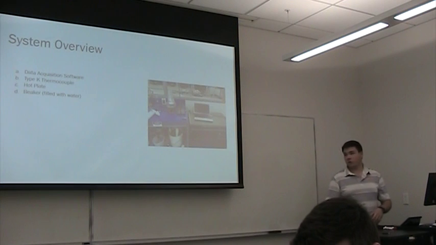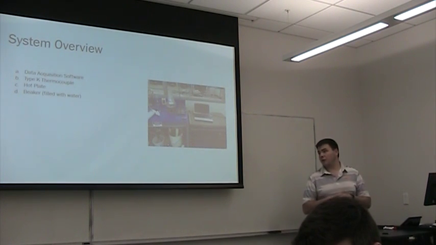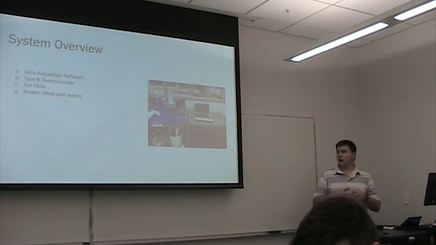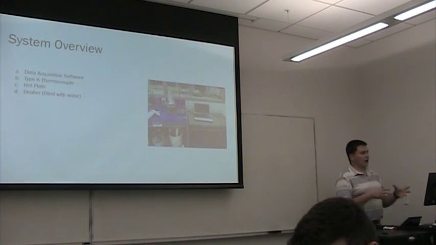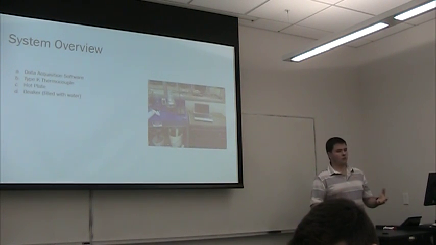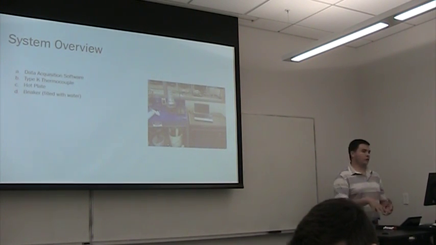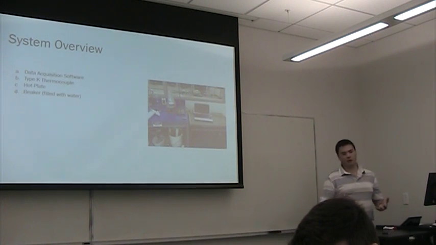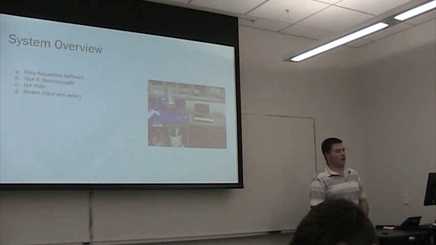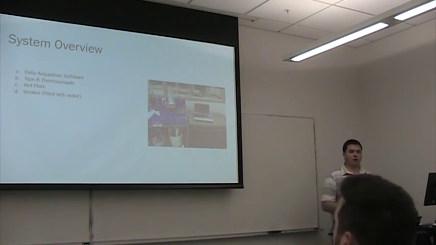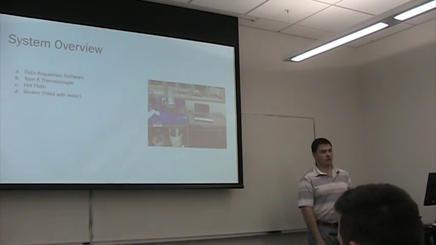So, system overview: we conducted this experiment last Monday. We have 4 primary components: a data acquisition system, a type K thermocouple, a hot plate, and a beaker filled with water. We're going to fill a 500 milliliter beaker with water and place it on the hot plate, heating it up until we get a rolling boil. Once we've reached that point, we're going to stick the tip of the thermocouple into the beaker of water and measure the temperature, and that output from the thermocouple is going to be recorded in our data acquisition system in